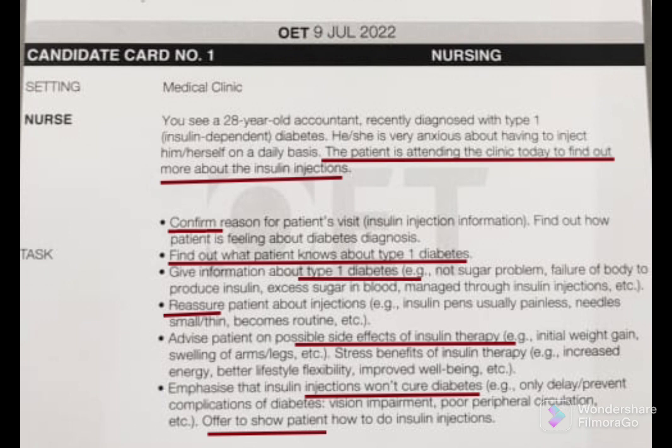Here, this medical clinic means there is a doctor. This patient got information from the doctor in this medical clinic only. That means the doctor is on the other side and you are on another side. So through the system, you will get information from this doctor, because that doctor is the one who sent the patient to you to get further information. As I told you before, if you see the video of confirm, it will be easy for you to start the conversation. If you didn't see the video, I will just explain how to start a conversation